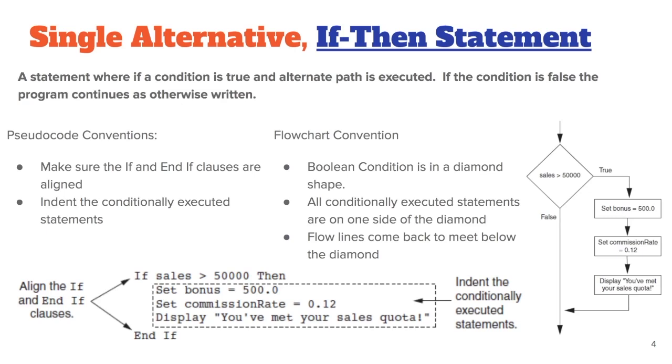of code, okay? When it comes time to write it in flowchart form, we will use the diamond shape to signify that a question is being asked. We don't actually use the words if or while when we get into looping structures, but we simply put it in a diamond and write the condition, sales greater than 50,000. We can interpret whether it's an if statement or something else based upon how the flow lines look. All the conditionally executed statements are always on one side of the diamond or the other, and the flow lines always come back to meet below the diamond in some way, shape, or form just to keep